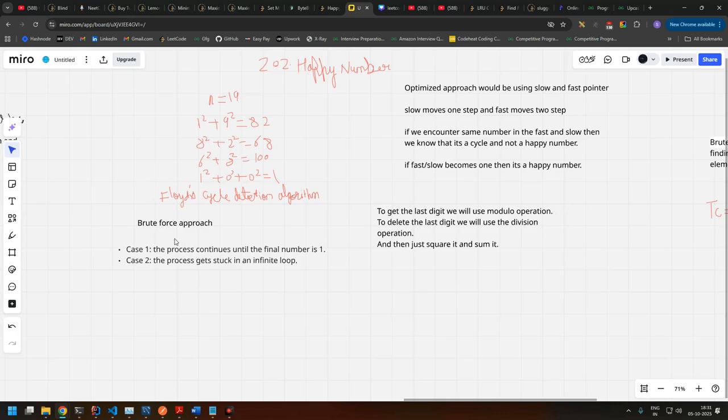So the brute force method would be taking two for loops. The process continues until the final number is 1. So until we get 1, the process will continue, or it will get stuck in a loop. So if we want to know whether it has got stuck in the loop or we have got 1,